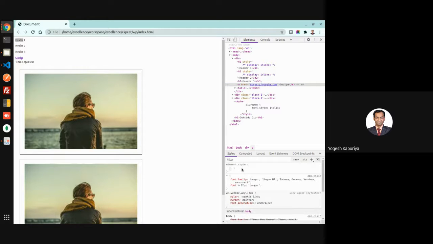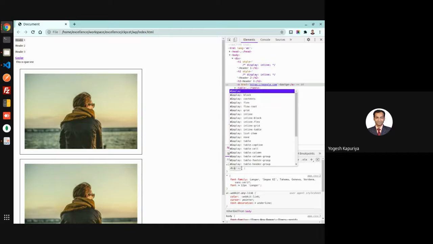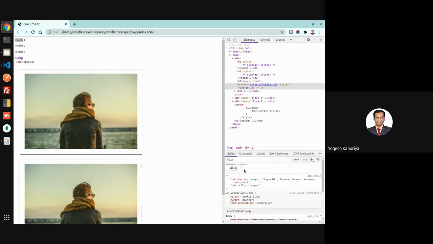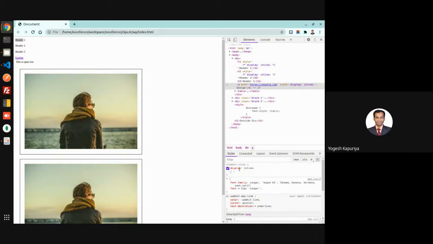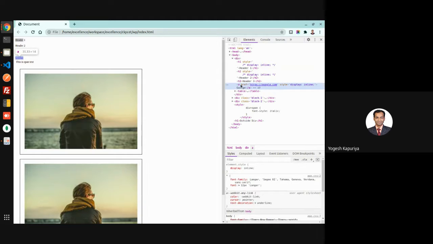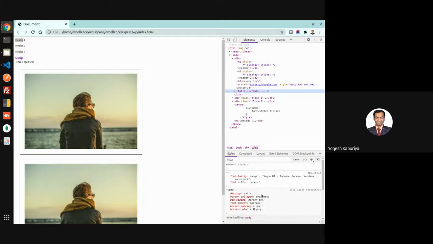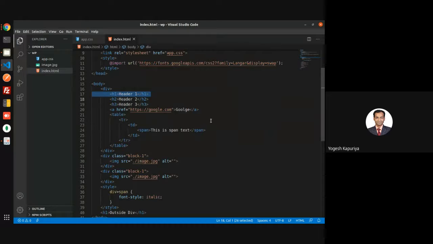The default display property of A is inline only. But the reason we are getting this entire thing together is this table, because the default display of table is table. If I change this and remove just this content, then you will be more clear.